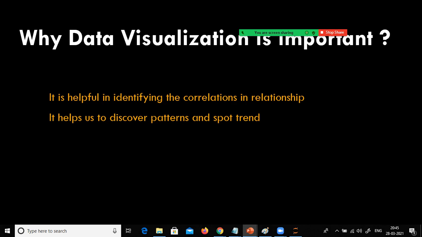Another simple example is, as the age increases, the body weight also increases. In the x-axis, if you plot age, and in the y-axis, if you plot weight, as the age increases, the weight also increases, obviously. In that case, there exists a relationship between age and weight. It is a positive relationship. As the age keeps increasing, the weight also keeps increasing in the same direction.